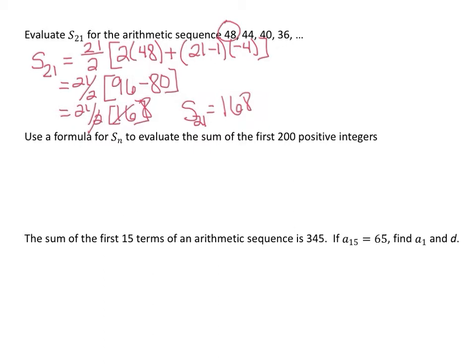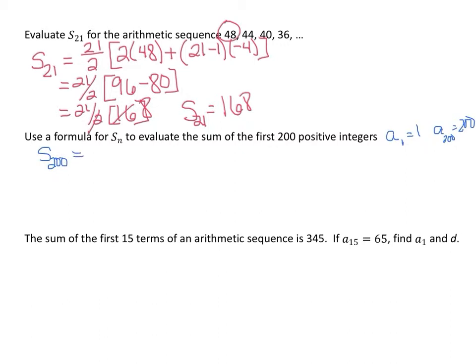The next example has us use a formula for s sub n to evaluate the sum of the first 200 positive integers. This is kind of an interesting one because the first integer, a sub 1, is 1, and the last one, a sub 200, is 200. So here I know the last term, so I can use a variation of that first formula. So I can say that s sub n, or really s sub 200,